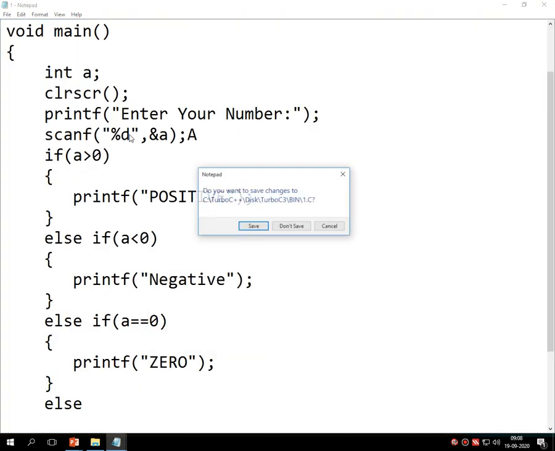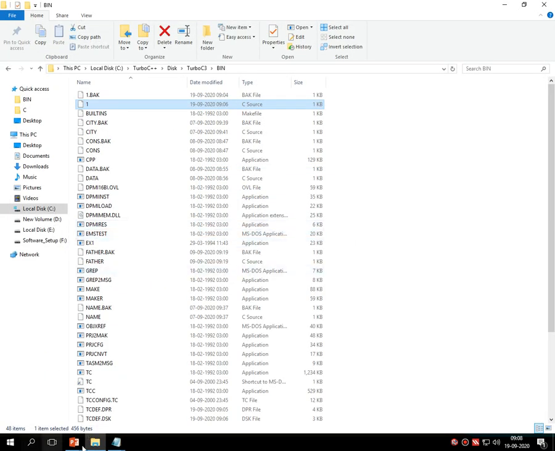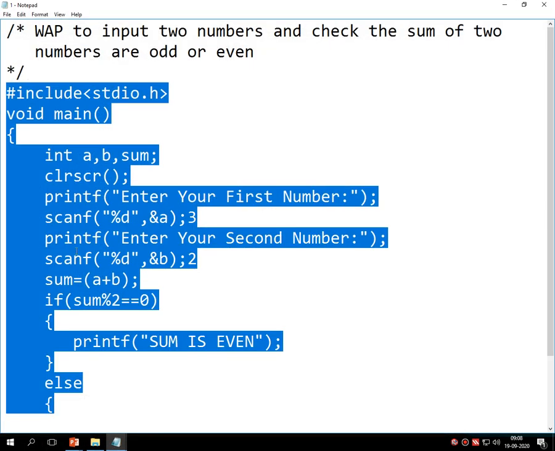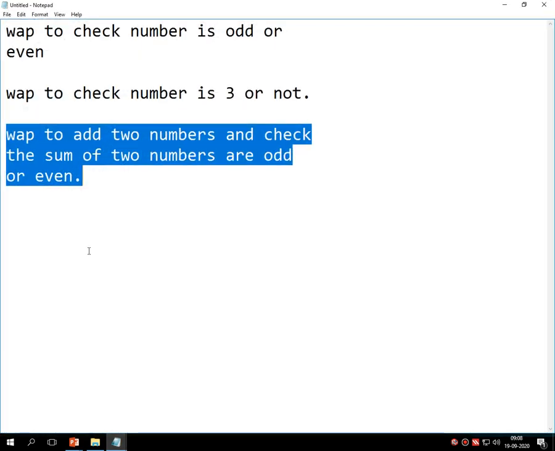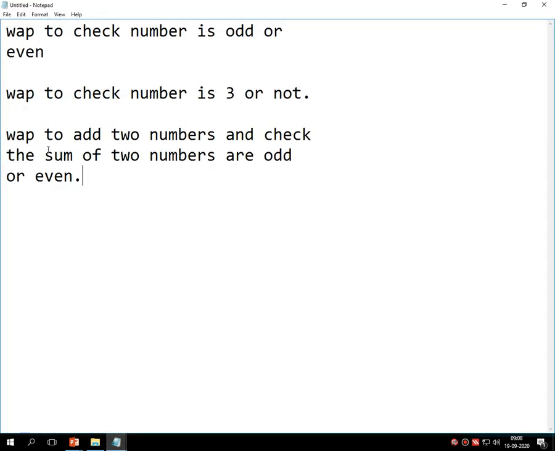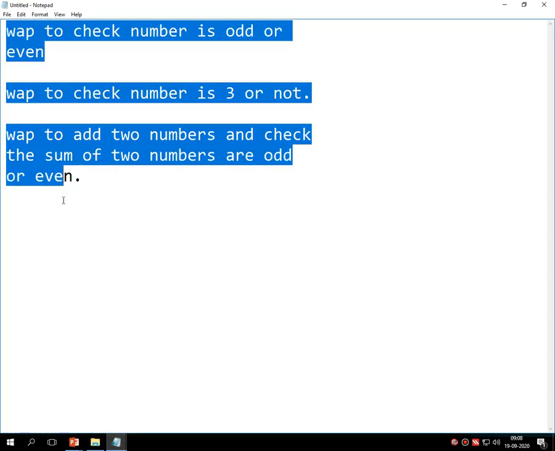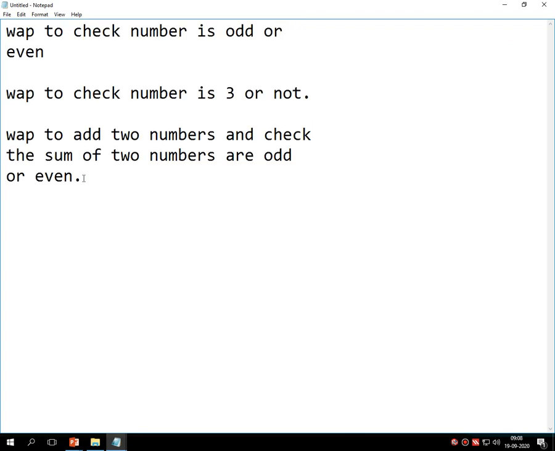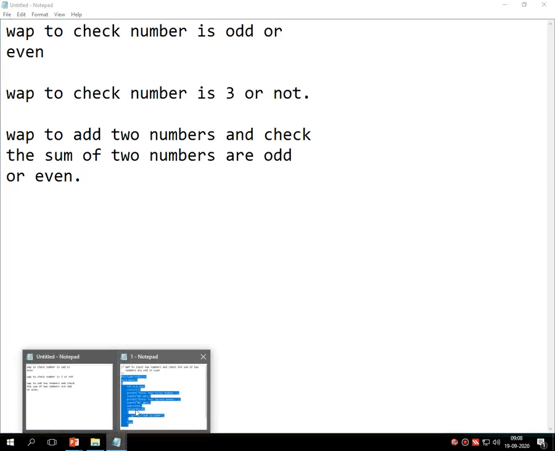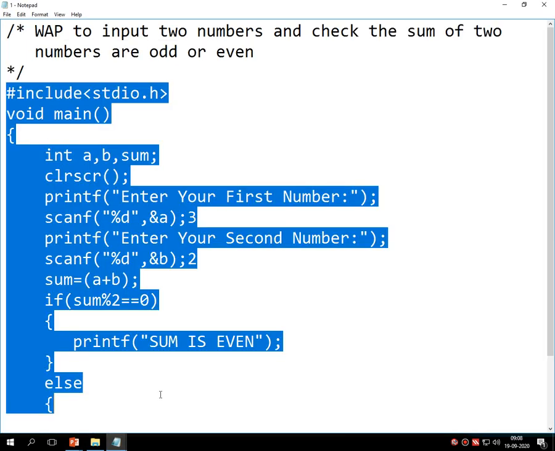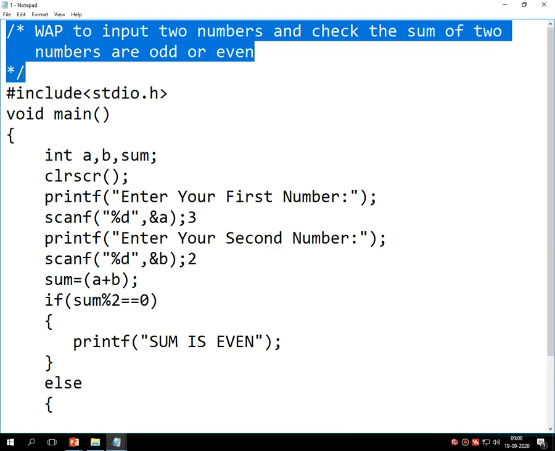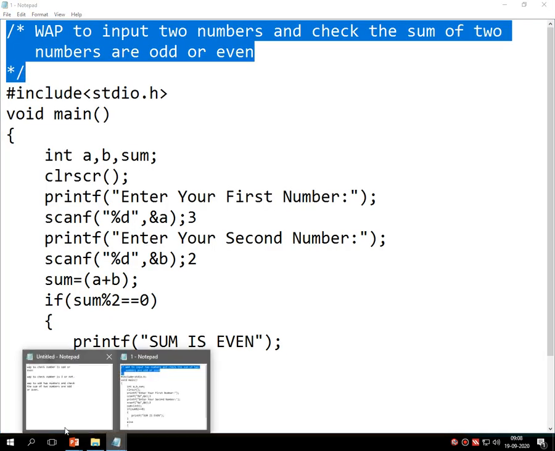So this was all about today's session. In today's session we have introduced 4 new programs. The 3 are mentioned as you can see on the screen, and the 4th one is this one for multiple if else.